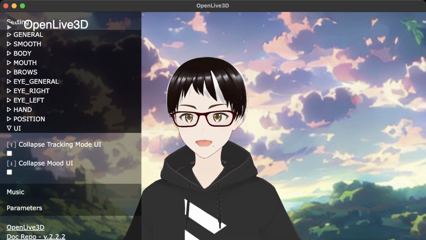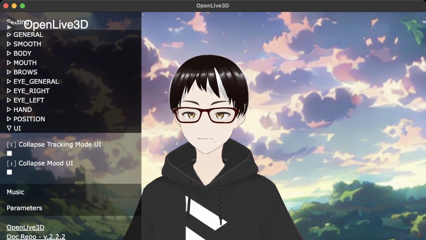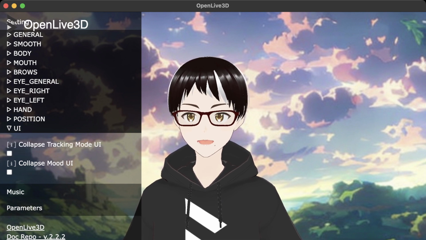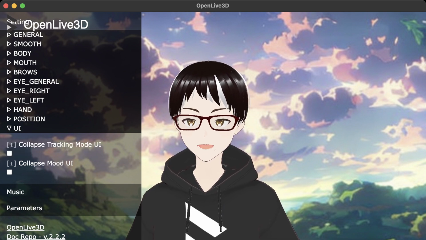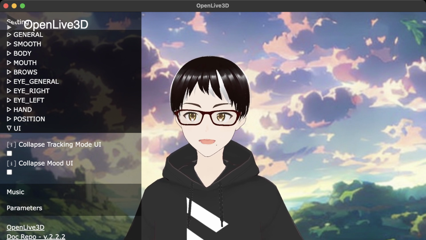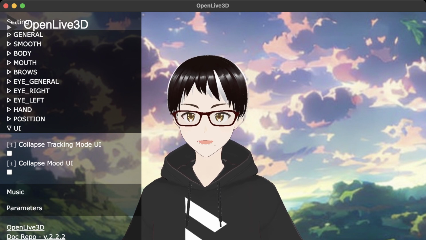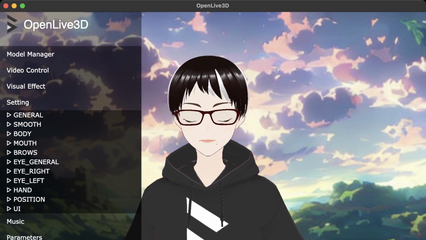And for UI, there are some adjustments you can make to change the UI settings, like collapse the tracking mode and collapse the move selection. By default, I would just uncheck these two because it makes sense to me. Right, so that's the settings for